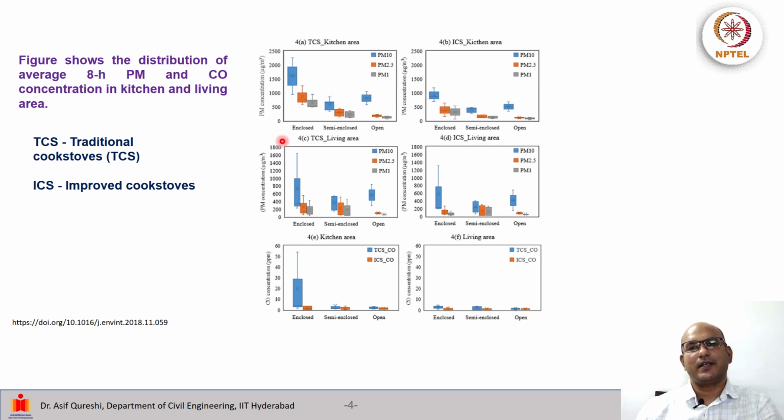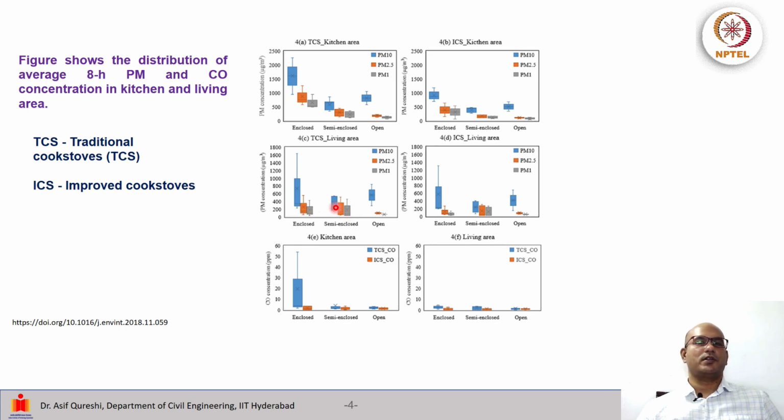Now, when we see the living area, the difference is again as was observed in the kitchen, in that there is higher values and more variable values in PM10 in the enclosed kitchen, followed by the semi-enclosed kitchen. Although PM10 values are similar to what was observed in kitchen, lower than maybe the enclosed kitchen but not as low as the semi-enclosed kitchen. Then PM 2.5 and PM 1, they are a little bit lower in semi-enclosed kitchen and living room, but not that much,